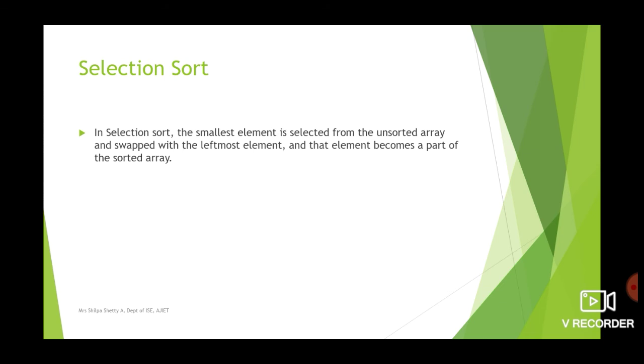fifth element. That means one element that we are comparing remains constant, and only the second element will vary. That is, first with the second, first with the third, first with the fourth, and first with fifth. That is one pass. In the next pass, what do we do? In the first position, already the smallest element will be placed. So now we will compare the second element with the third, second with the fourth, second with fifth. So once you finish this, the element that is greater than the smallest element will be placed in the second position. So we will go to the next pass.